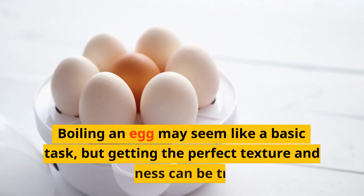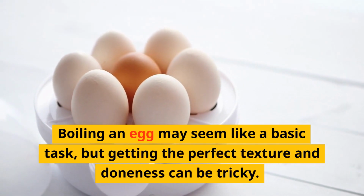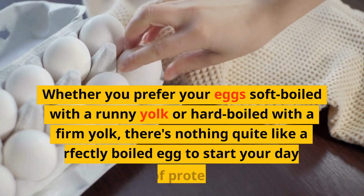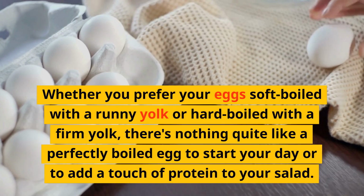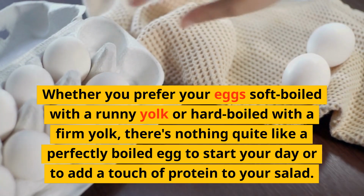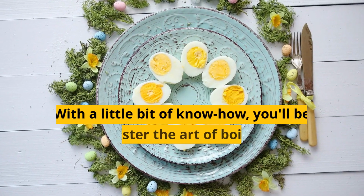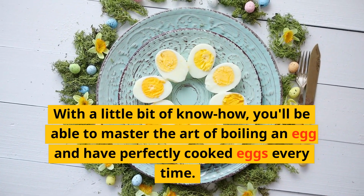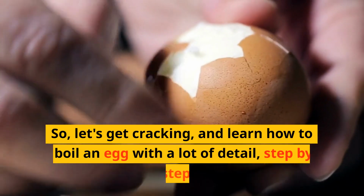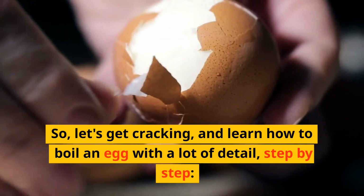Boiling an egg may seem like a basic task, but getting the perfect texture and doneness can be tricky. Whether you prefer your egg soft-boiled with a runny yolk or hard-boiled with a firm yolk, there's nothing quite like a perfectly boiled egg to start your day or to add a touch of protein to your salad. With a little bit of know-how, you'll be able to master the art of boiling an egg and have perfectly cooked eggs every time. So, let's get cracking, and learn how to boil an egg with a lot of detail,